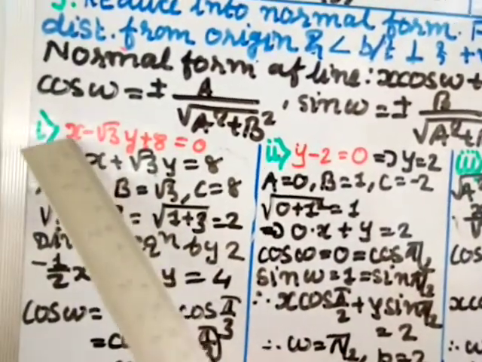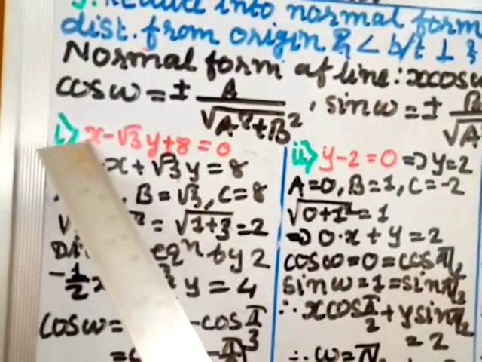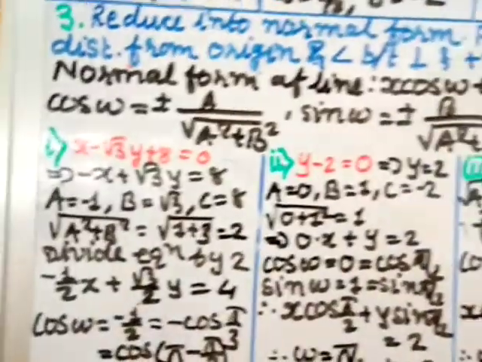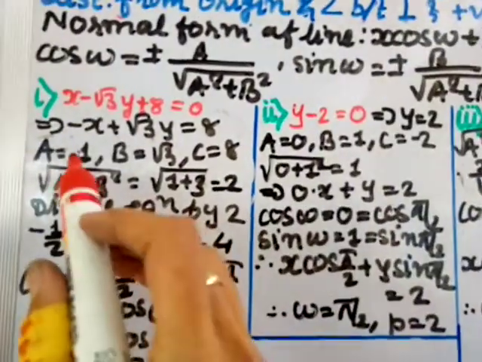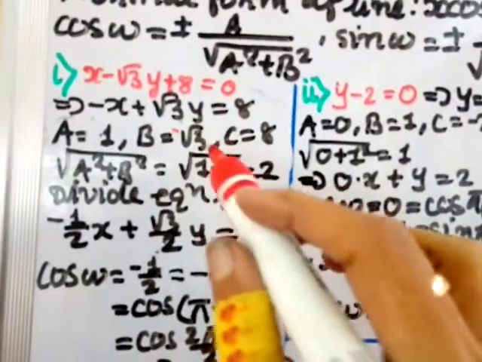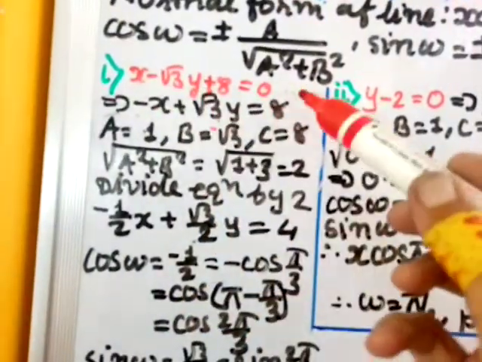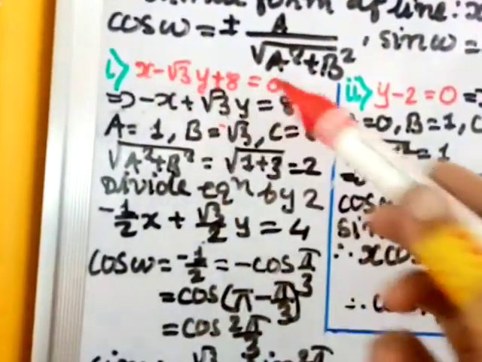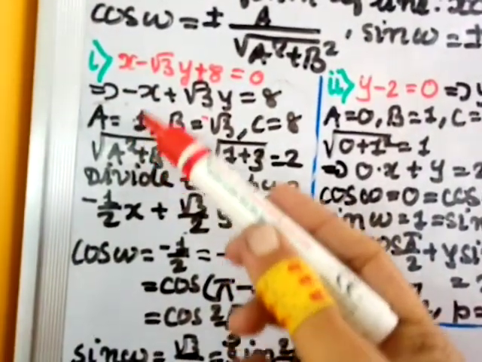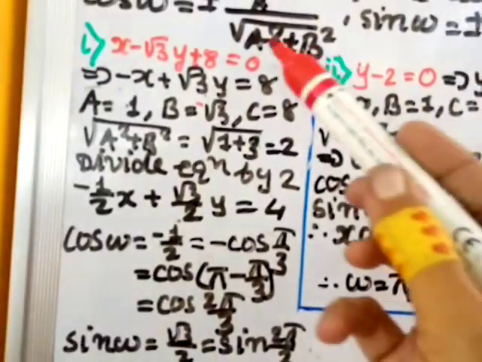Okay, so from here the coefficient of x is a, that is 1, so a should be plus 1, and b should be from here, so it should be minus root 3, and c is the value 8. So from here you write the values of a, b and c, because the standard form of the equation of a line is this one. Therefore a value is plus 1, b value is minus root 3 and c value is 8. So I require this value, right?